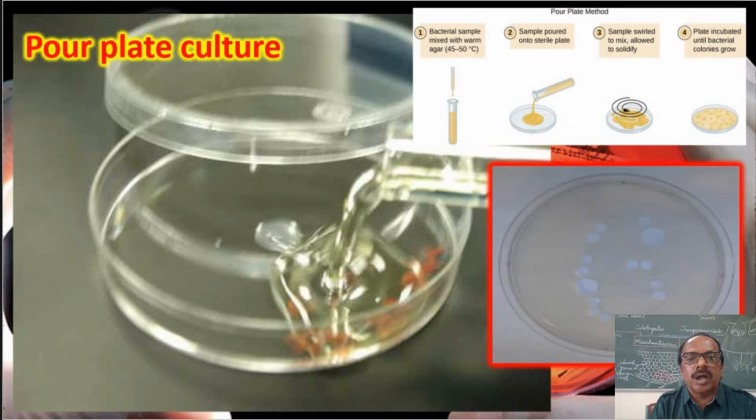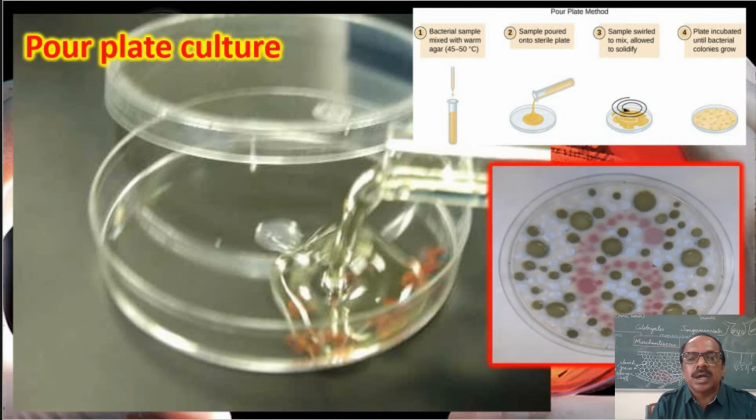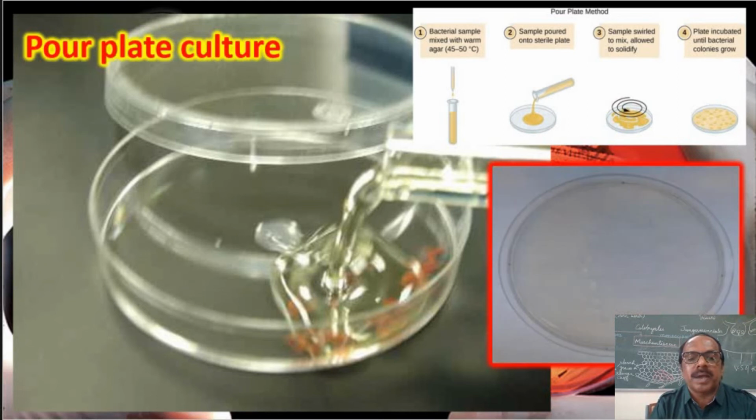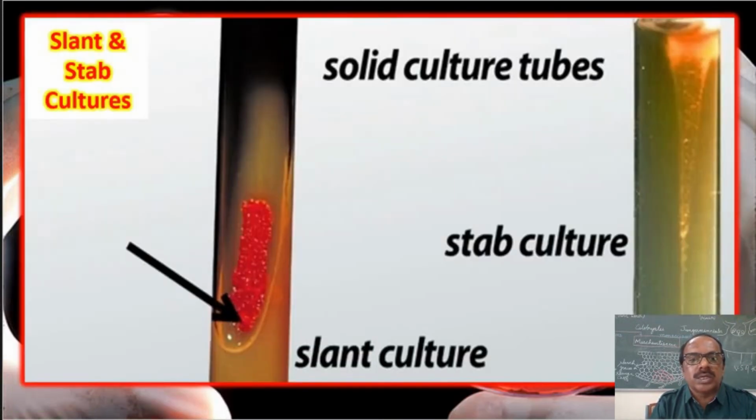You can see here how pour plate technique is used, and you can also see how the bacteria grow as colonies, and the colonies of different types of bacteria are being grown. It's a mixed culture. The next one is called slant culture, where the nutrient medium is available in the form of a slant. It is not flat, it is slant. A slope kind of media is available so that you have a larger space, larger surface area,